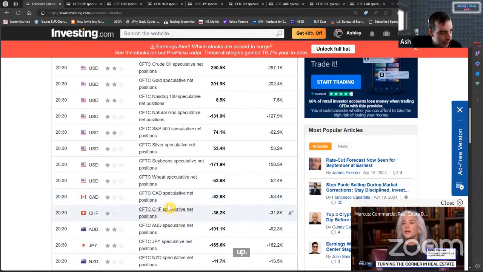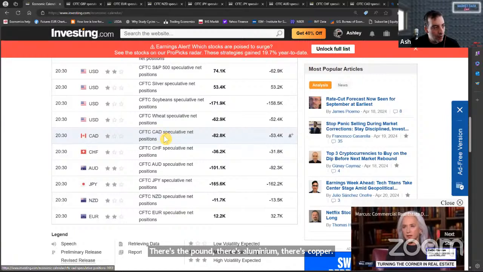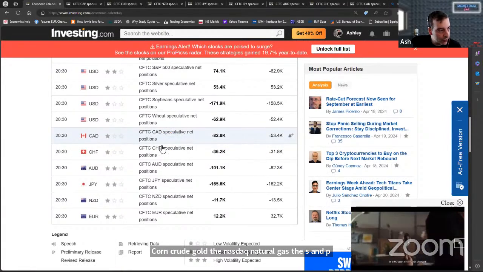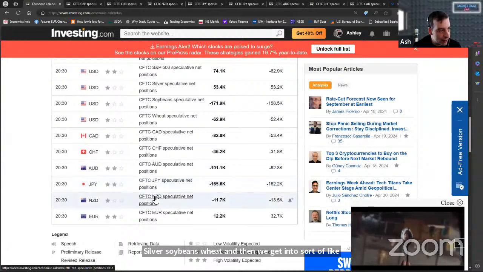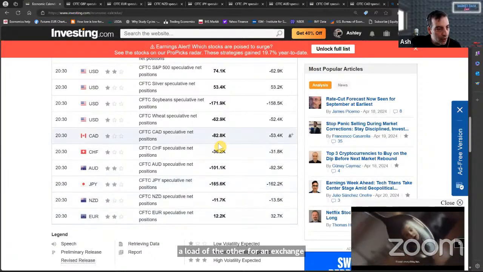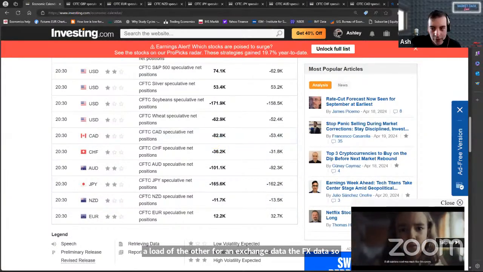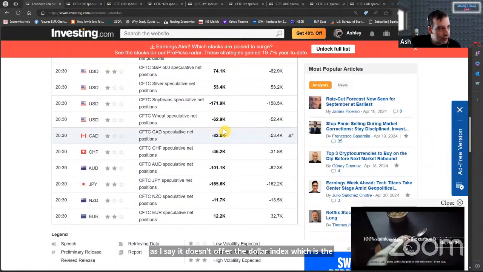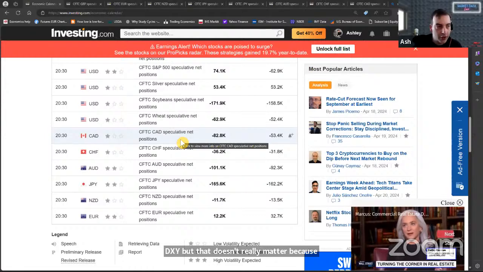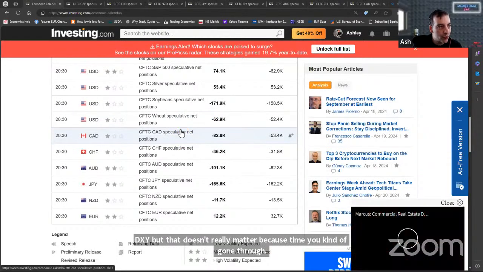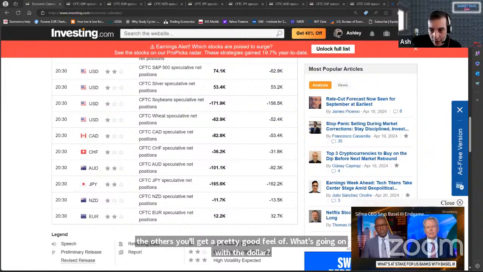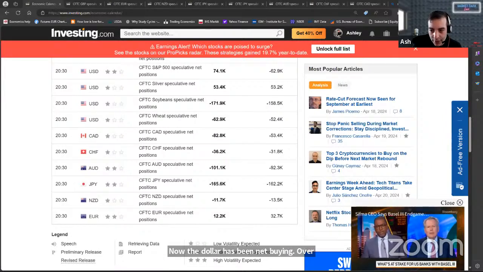then we get into a load of the other foreign exchange data, the FX data. So you've got the CAD, the Swissy, the Aussie, the yen, the Kiwi, and the euro. As I say, it doesn't offer the dollar index, which is the DXY, but that doesn't really matter because by the time you've gone through all the others, you'll get a pretty good feel of what's going on with the dollar. Now, the dollar has been net buying over the course of the last few weeks,